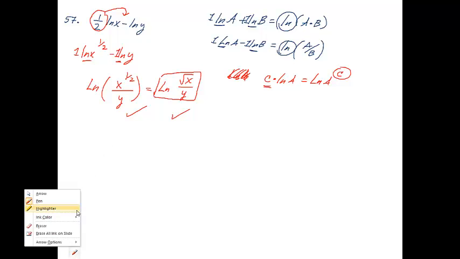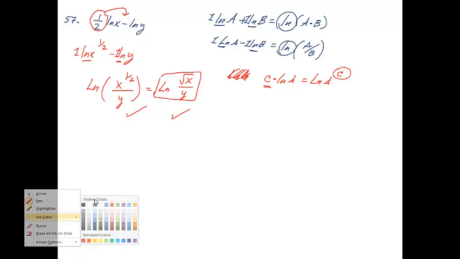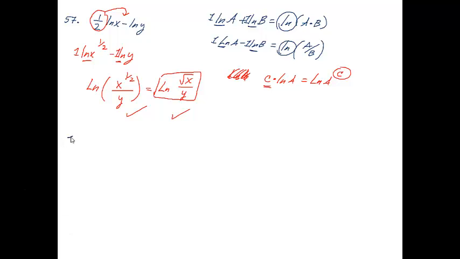Alright, one last problem for us to practice. Let's look at number 59. It says, use common logs or natural logs in a calculator to evaluate to 4 decimal places. So now I have log base 4 of 0.863. And they want me to evaluate this with a calculator. Unfortunately, this is in base 4, and my calculator,